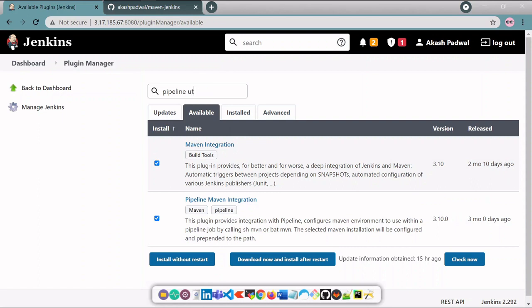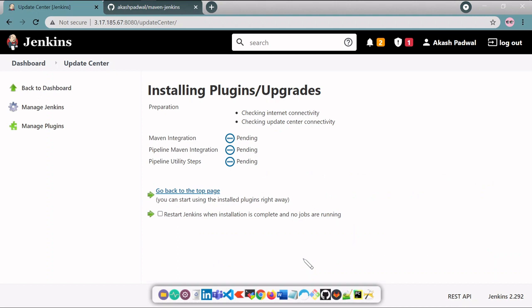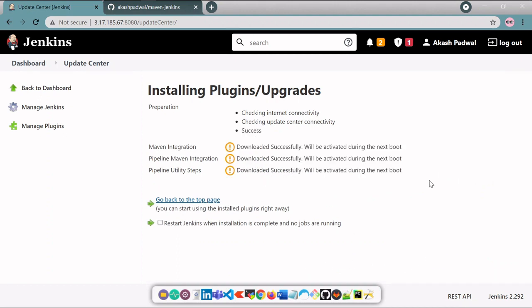Third one is pipeline utility, so select the checkbox and here you can see the download and install button, click on that. So it's downloaded successfully, so click the restart checkbox.